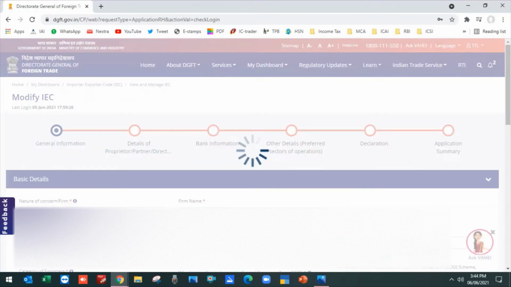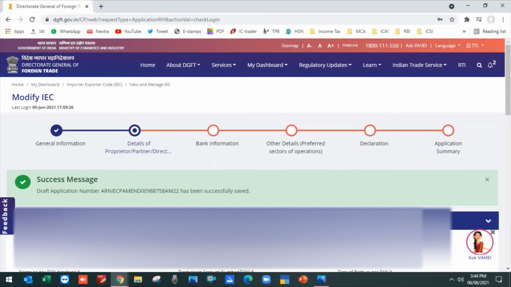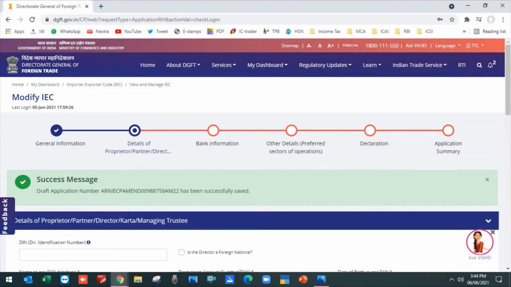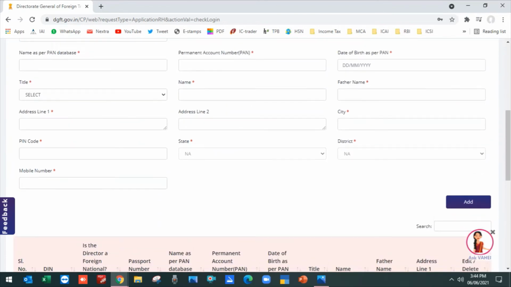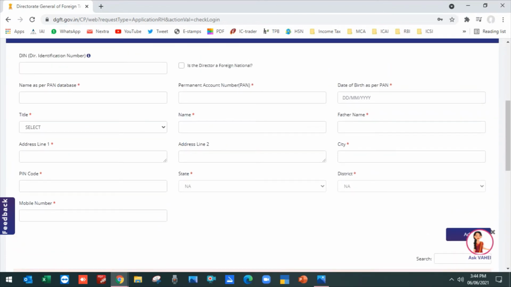In partners detail, you have to fill in how many partners you have in your entity. You have to mention their details, their PAN number, their address. Their DIN number will be fetched automatically if it is a company or designated partners. After that I will show you once. So this is the basic information it will require.